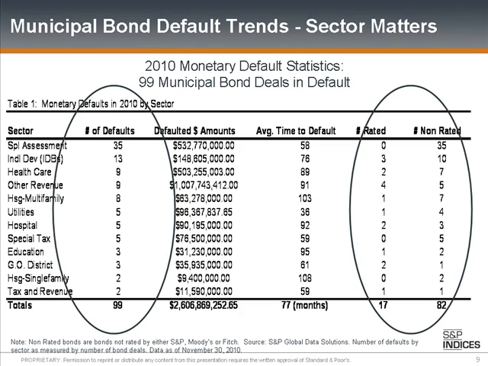But we can also see that non-rated deals made up 82 of the defaulted deals so far in 2010. When we used ratings, we looked at all three rating services, S&P, Moody's, or Fitch. If the bonds were not rated by any of the three, we considered it not rated, and 82 of those non-rated deals have defaulted so far in 2010.